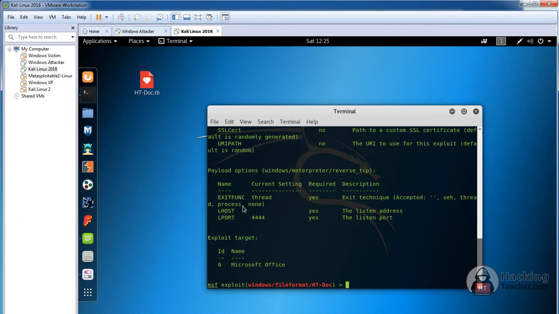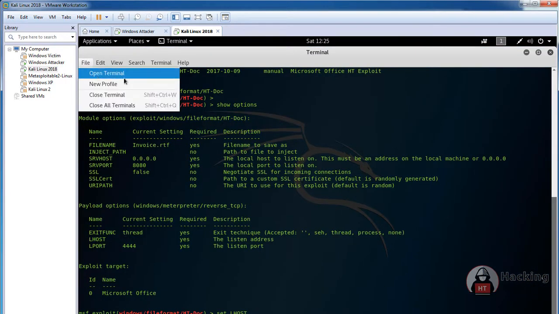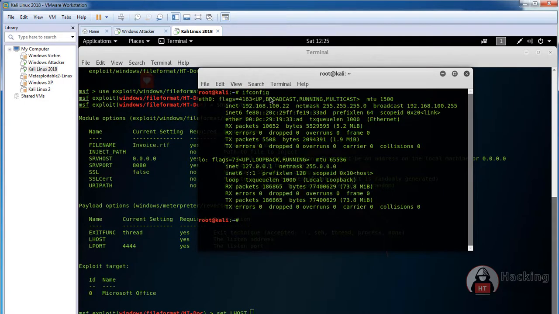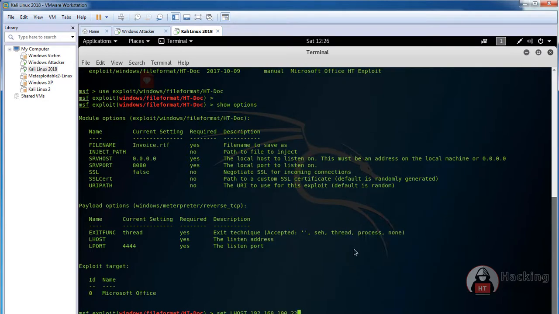What are the things you have to set for this one? Just the lhost and lport, it's by default selecting 4444. Okay, set lhost, and here it would be your Kali IP. I copy it. Lhost is your own IP.